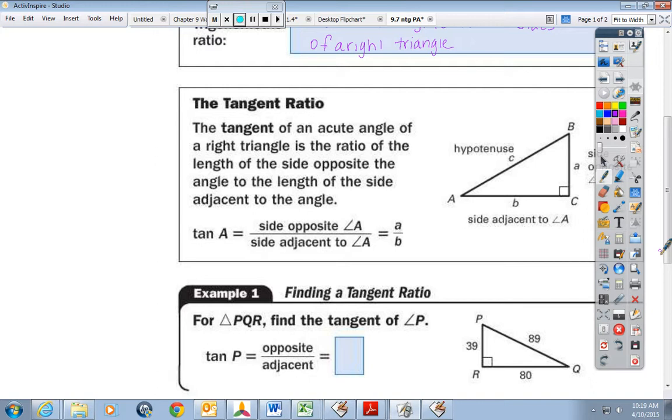Okay, so anyways, this is a lot of information for Friday. Okay, so the tangent ratio is this. The tangent ratio of an acute angle, so an acute angle is what? Less than 90 degrees. Of a right triangle is the ratio of the length of the side opposite the angle to the length of the side that's adjacent to the angle. So the tangent of an angle equals the side opposite